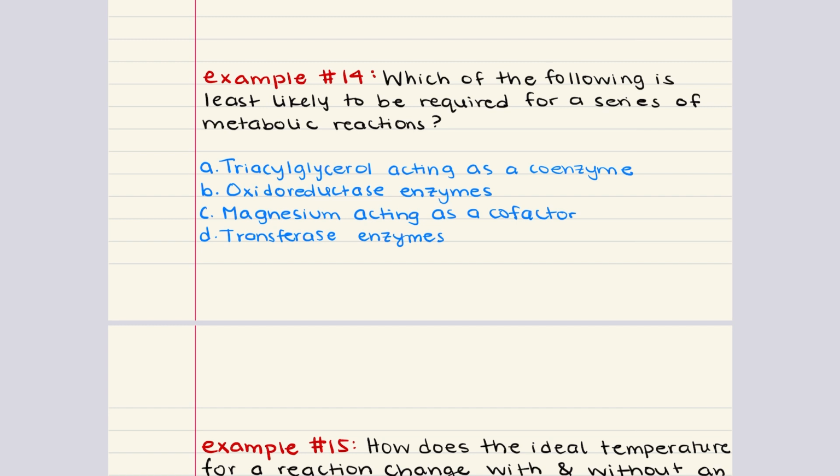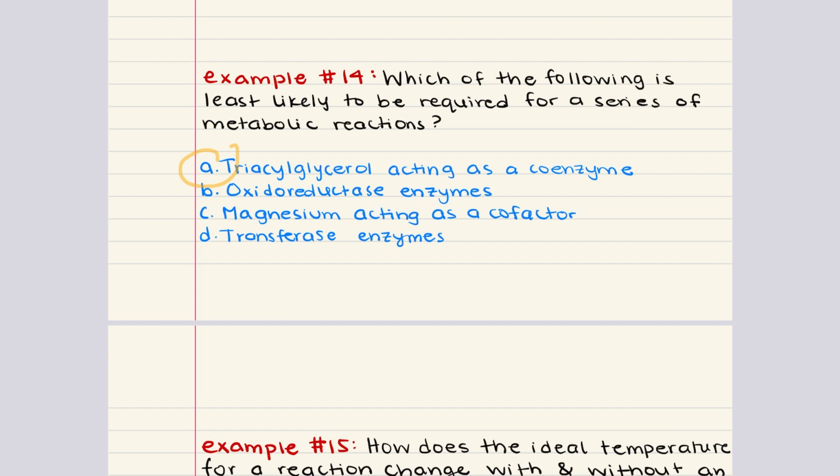Coenzymes are usually small organic molecules like NAD+ or FAD that assist enzymes. But triacylglycerols are way too big and not functionally suited for that role. So this is the answer choice that's correct for problem 14, but we're still going to work through B, C,